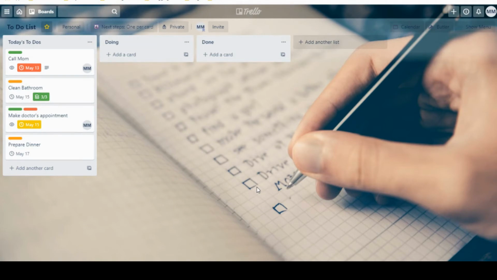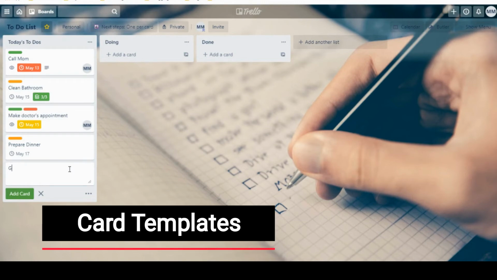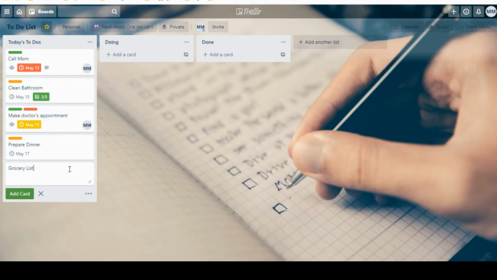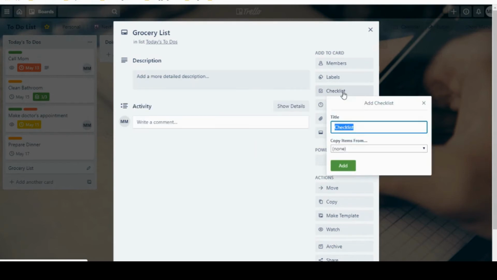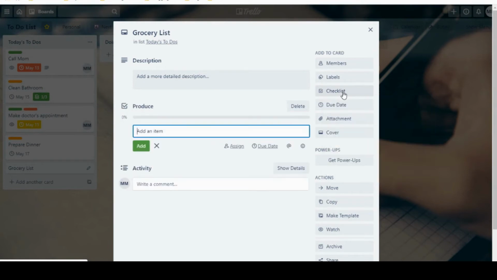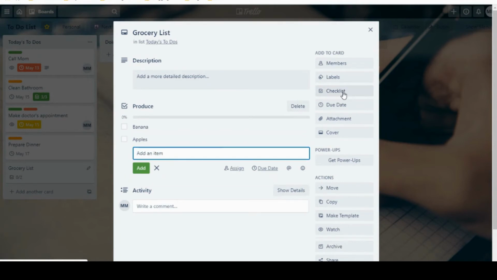And then I also wanted to mention, in the first video, I did mention the idea of creating a card template. So if I go to here, let's say we want to do a grocery list template in here. I'm going to click on the card so that it opens up, and then I'm going to come in here, and you can actually create different checklists. So let's say we want produce checklists. We want some produce items in here, and we'll just add them. And then again, you can add in all the things that you typically buy on a weekly basis, so that this is basically a template card for you.